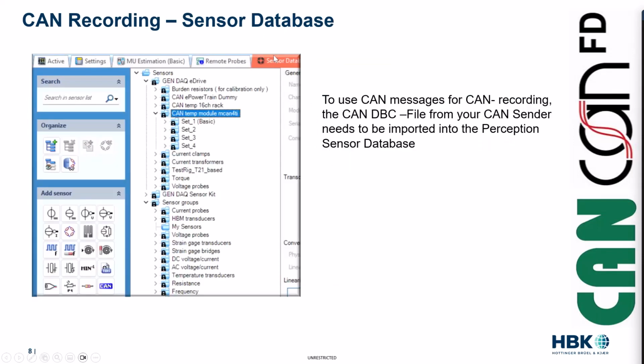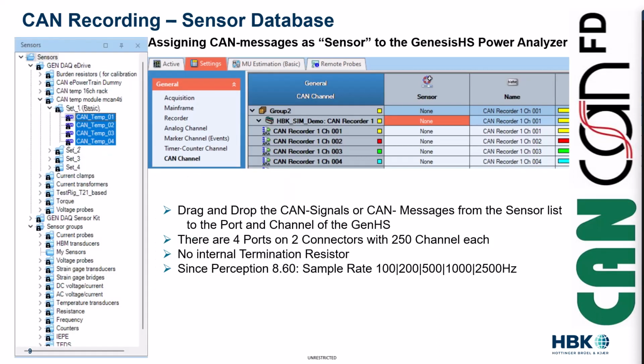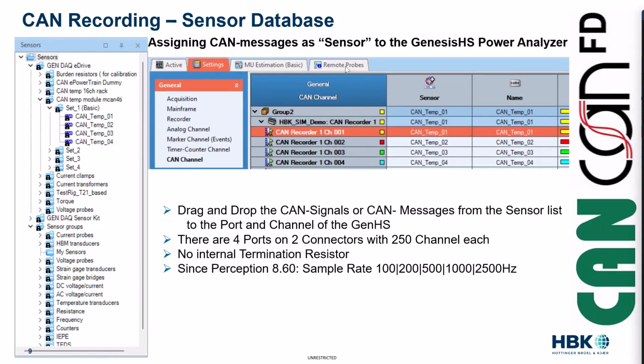Okay. How to get your message into the power analyzer? First of all, you need to import your CAN DBC file into the Perception sensor database. If done so, select it and, for example, via drag and drop, put it to the dedicated